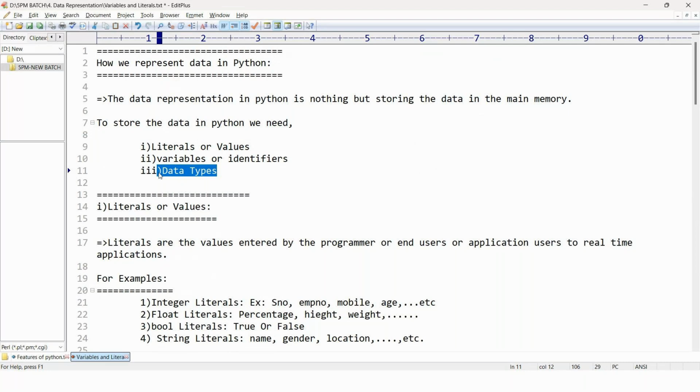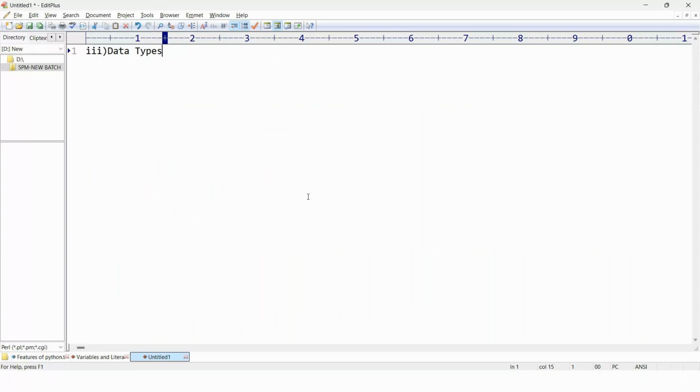In Python we have 14 types of data types. What are these? First of all, I'll just copy it. Third is data types. Now I'll be writing the notes. So what is the purpose of data types? It is nothing but to allocate the memory space in the main memory, right?